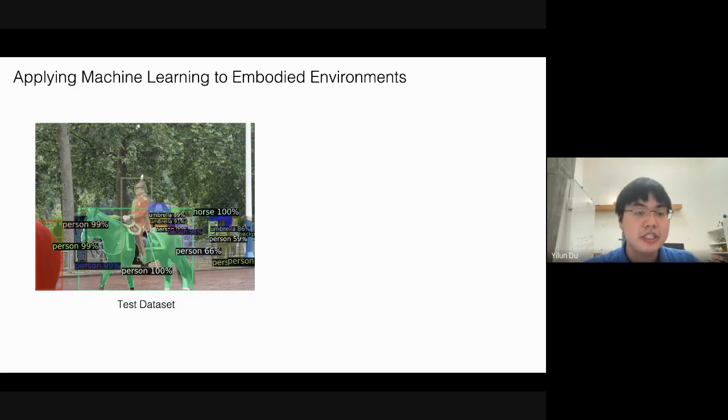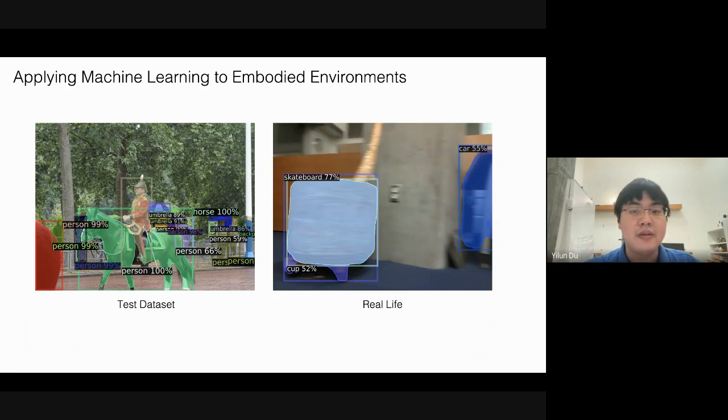So the motivation of the work I'm presenting is the idea that a lot of machine learning systems, for example, object detection, work super well when you have a test distribution that's very similar to your training distribution. But when you actually try to apply these models in real life, let's say you're a robotic system and you're embodied, so you're moving around in the environment, you find that these systems perform a lot worse. For example, it seems to think that this pot is a skateboard, and then this bigger pot is a cup, and then that this table is a car.